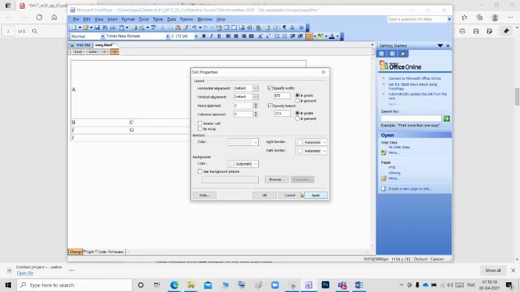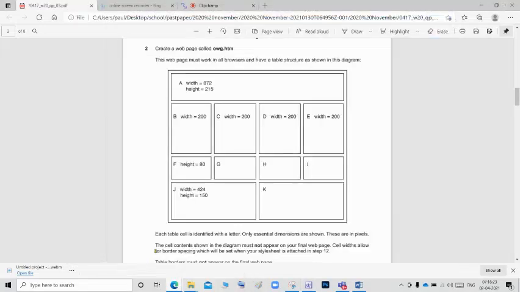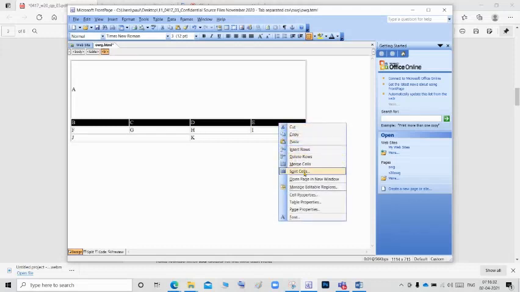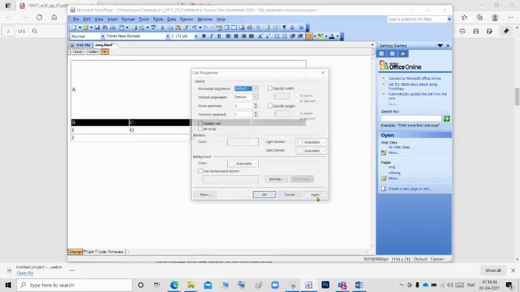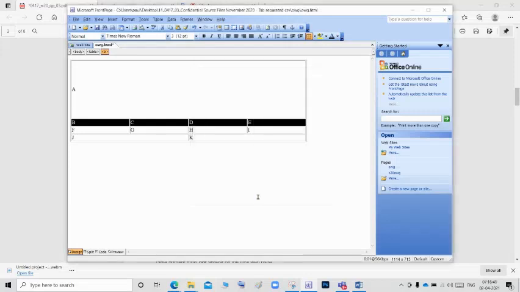Apply and click OK. Next, B, C, D, E, they are given 200. So I am going to select these, right click, cell properties, specify width as 200. Apply, click OK.